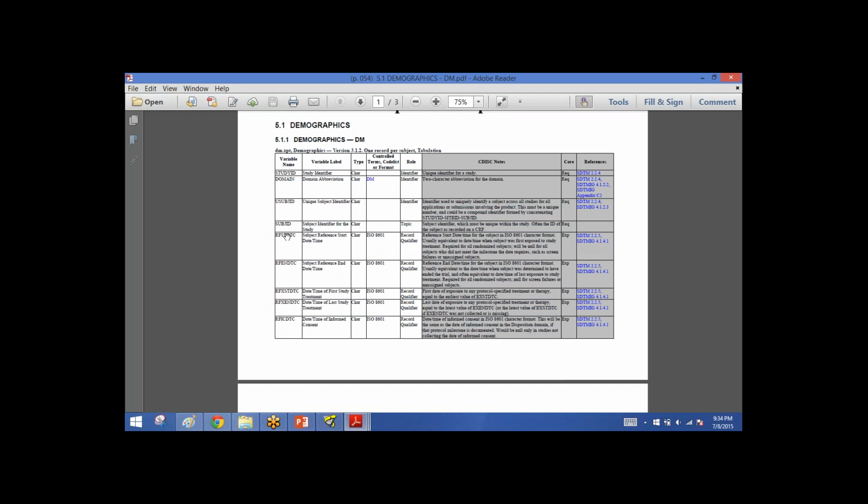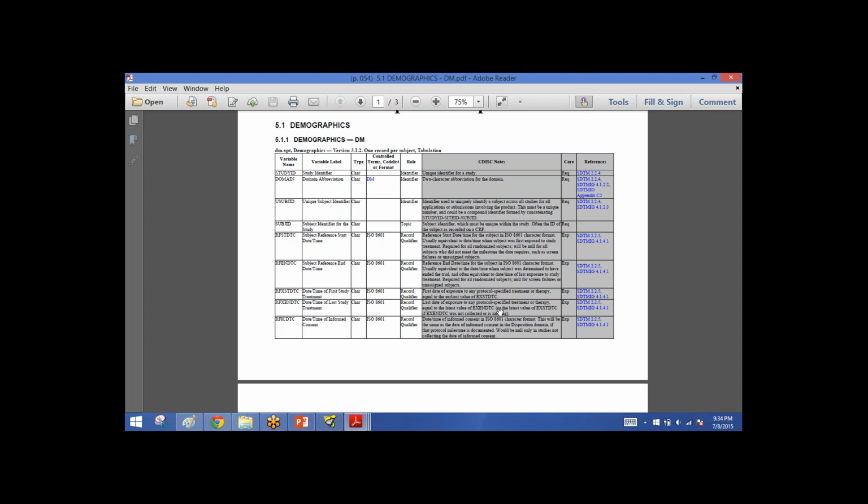We have RFSTDTC, RFENDTC, RFXSTDTC and RFXENDTC. What is RFXSTDTC? First date of exposure to any protocol specified treatment or therapy equals the earliest of EXSTDTC. Most of the times this will be similar to RFSTDTC unless there is any protocol specified